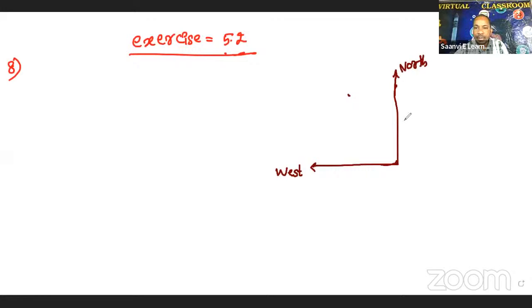So let the speed of the second train be x. The second train is traveling north. Speed of the second train we don't know, so take it as x. Then what about the speed of the first train? It is given that the speed of the first train,